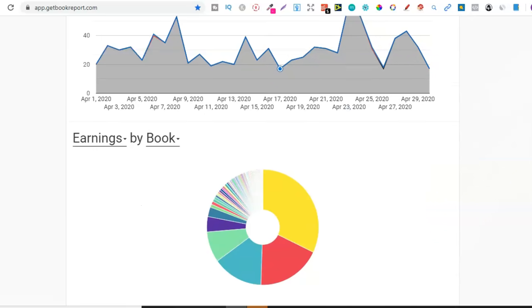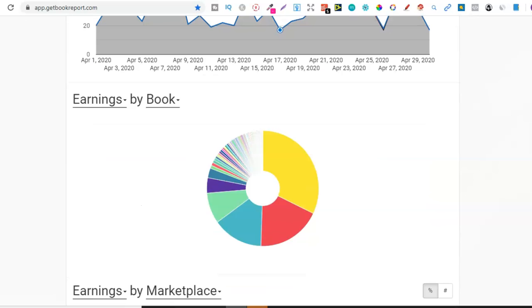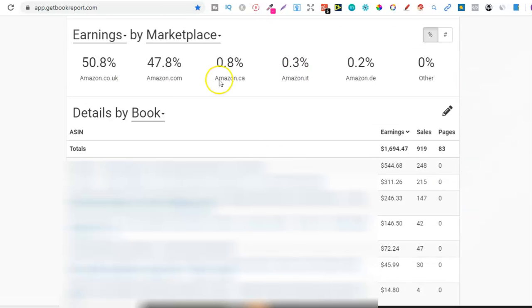So let's scroll down to the bottom. You can see all my books that have sold just there. So most of my books have been selling on amazon.co.uk for the month of April anyway. So that's 50% on amazon.co.uk, 40% on amazon.com, or 47%, and then just little bits on other marketplaces. And if we look here, that $1,694 is because I sold over 900 books,